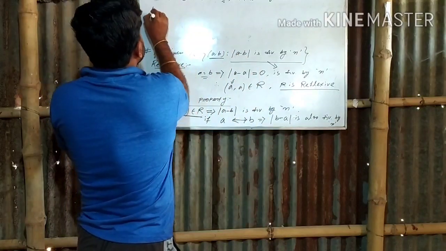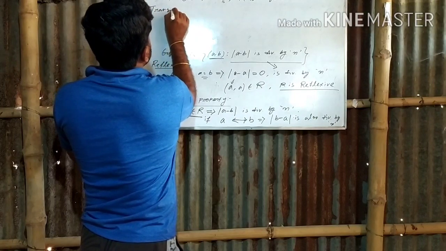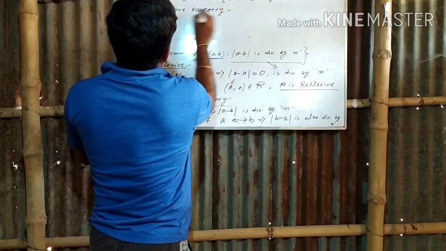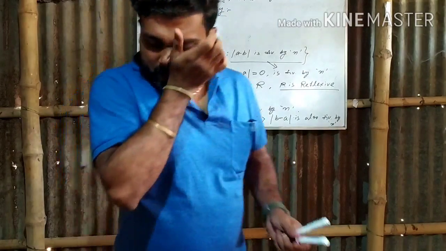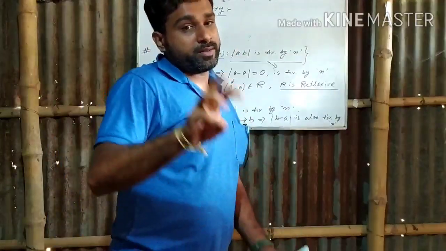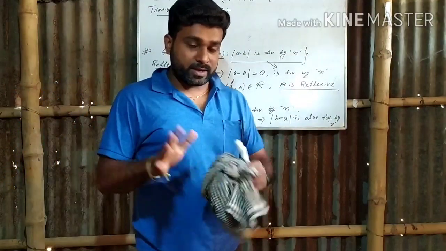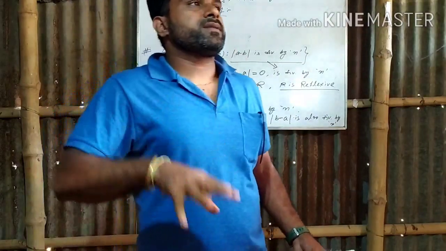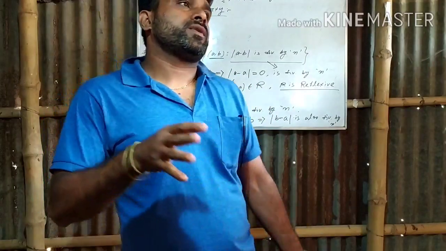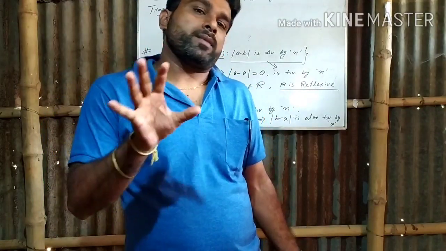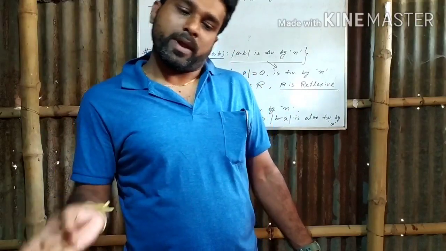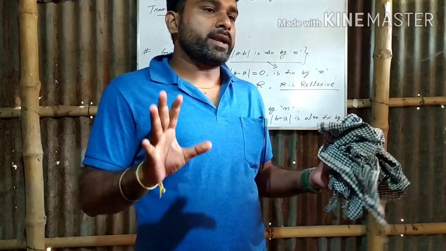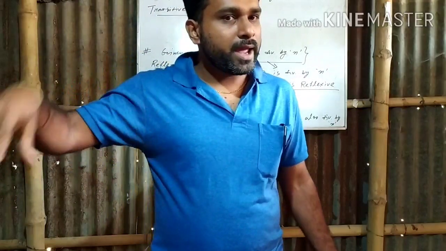Now the last property is what? Transitive property. Now for the transitive property, as I told you, 3 elements are required, and 3 human beings are required. Here this relation is being transferred from one person to another person, and that's why these 3 persons are required, and for that we can choose the persons' names as A, B, C. So the relation is transferred from A to B and B to C.